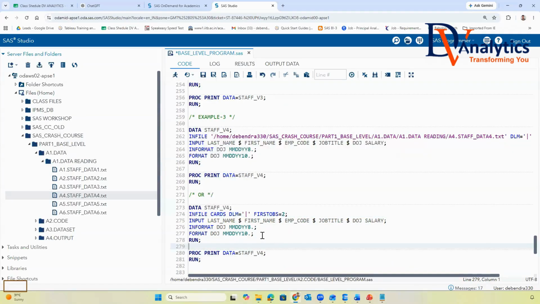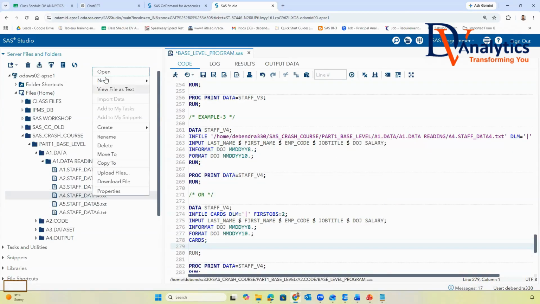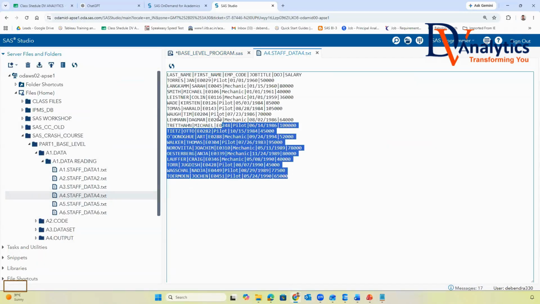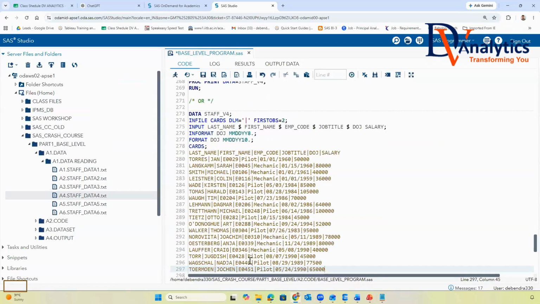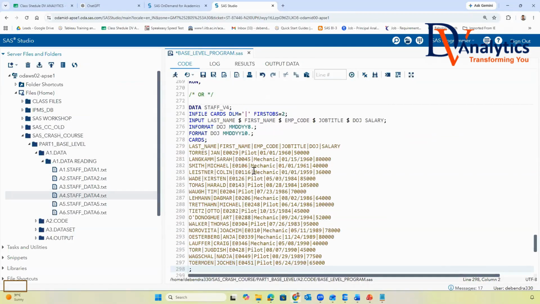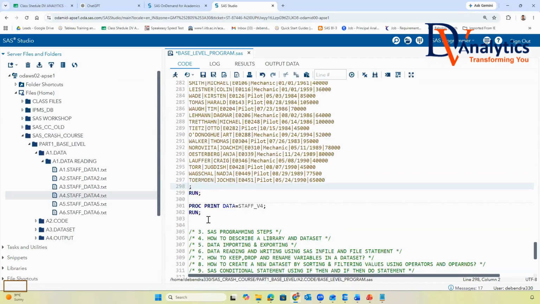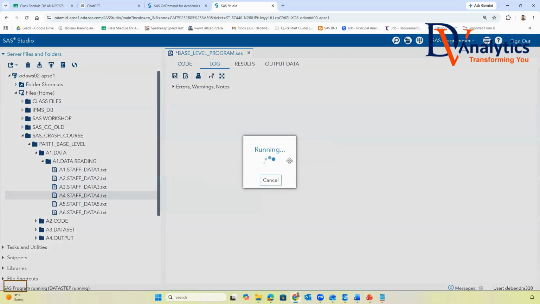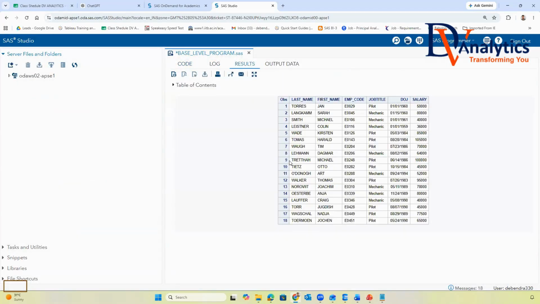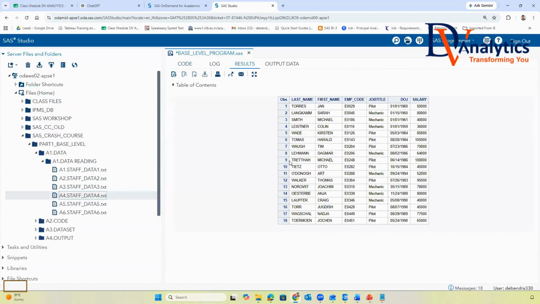Then I will use cards here. Right click on this, go to open, copy this data, copy from here and paste it. Then you put a semicolon. If you run this program, you can see your data reading is happening perfectly. We are able to read the data now. Yes or no, guys, everyone? Yes, sir.